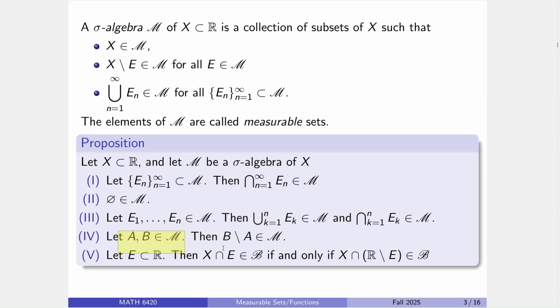Complementing within a sigma algebra, so given an A and a B that belong to the sigma algebra, the complement of the two, or the set difference of the two, is in there. And the final point